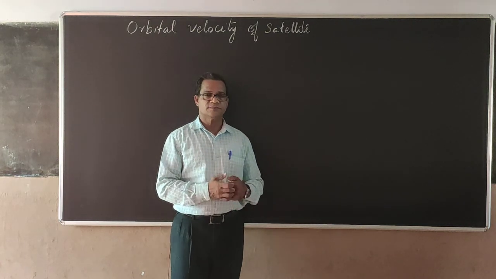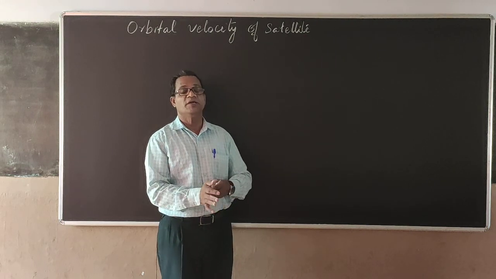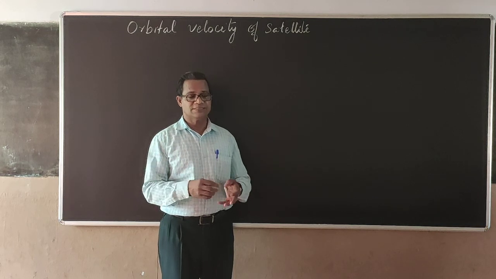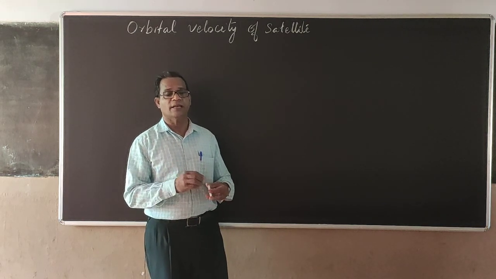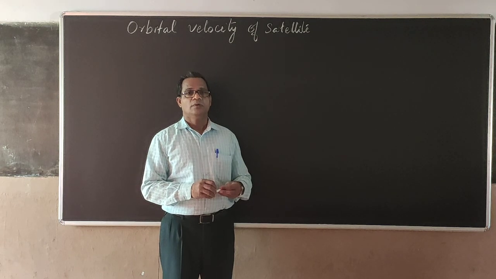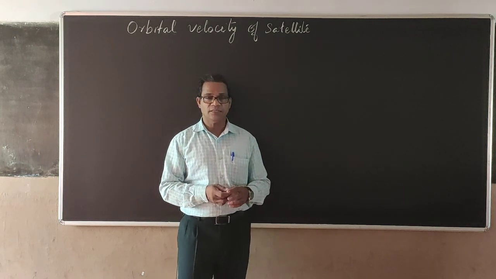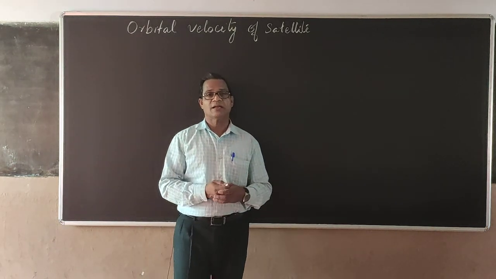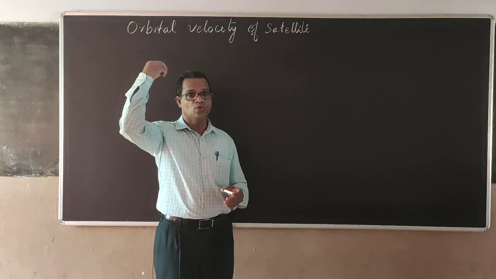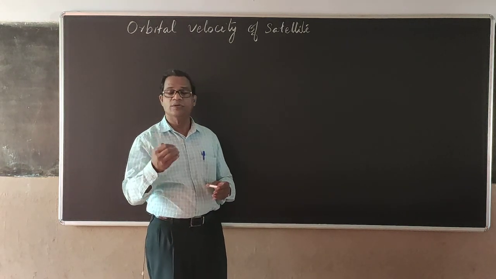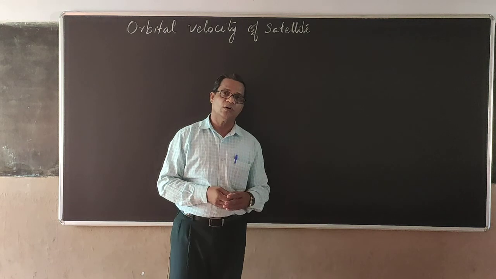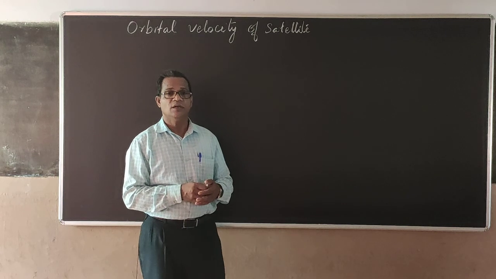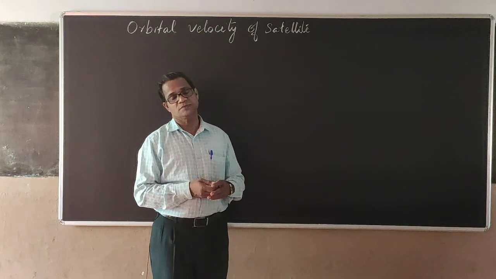What are satellites? If I ask, you all will be giving the answer. A heavenly body moving around a planet is called a satellite. The Moon is a satellite of Earth. But nowadays we are making satellites and putting them at a certain height, going around Earth. Those satellites are called artificial satellites, man-made satellites. We make satellites for different purposes.